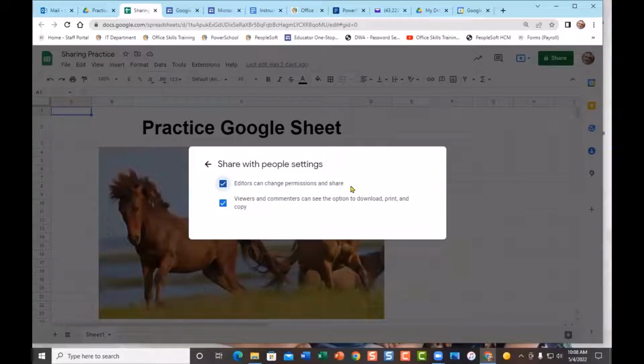If we don't want to allow them to change permissions, add people, remove people, change whether they can view it or view and comment and or be an editor, then we simply deselect this button here. As we add more people to this particular practice Google Sheet, if this box is checked,